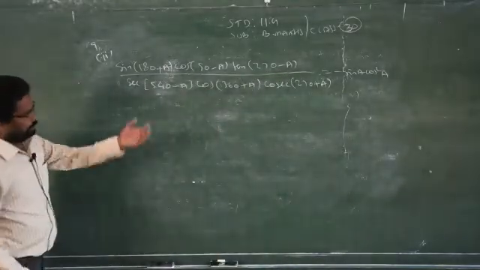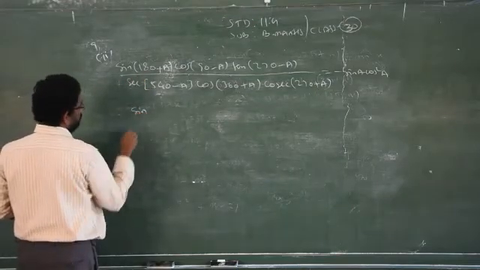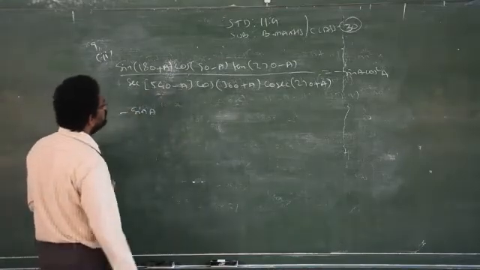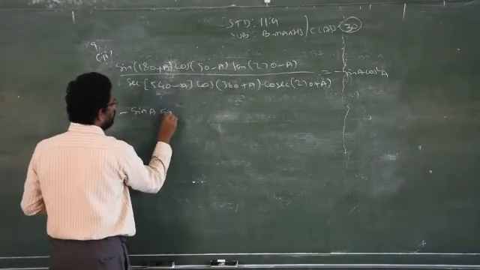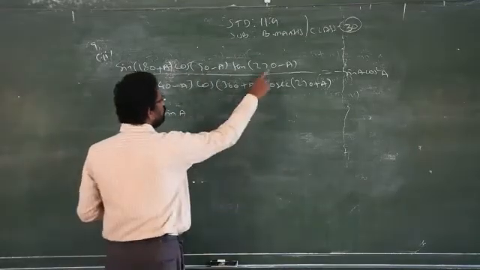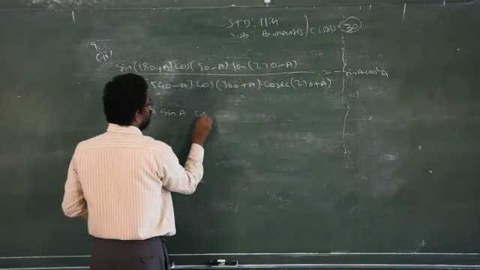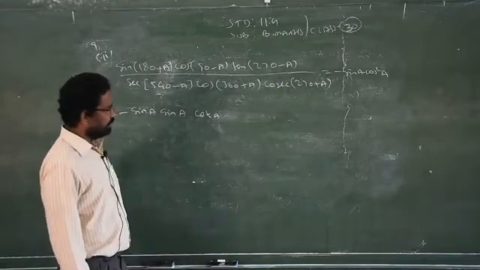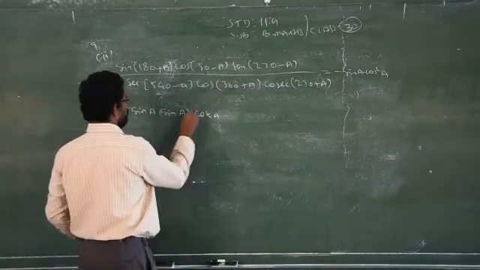Again, you have to remember the basics. 180 means no changes. But 180 plus A falls on which quadrant? Third quadrant. So, minus. Cos of 90 minus A: this is the first quadrant, 90 means cos will become sin, with no change in the sign because it falls on the first quadrant. 270 minus A: with 270 you have to change the ratio, tan will become cot, cot A. But 270 minus A falls on which quadrant? Third quadrant, and in the third quadrant tan is positive. So, no changes in the sign, just write it as it is. Clear?